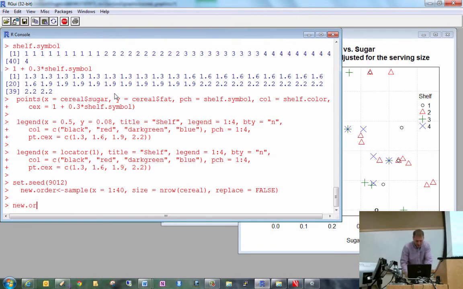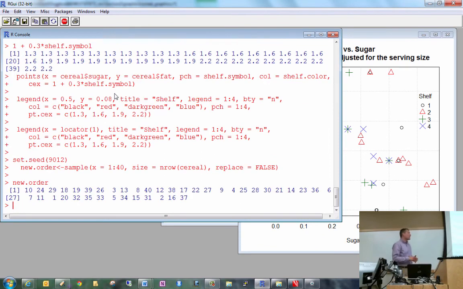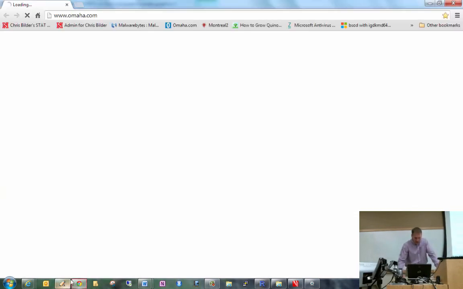And essentially what this does, it gives me a new order for my observations. So the first row of my data set is now going to correspond to observation 10. The second row is going to correspond to observation 24. To get that done then,